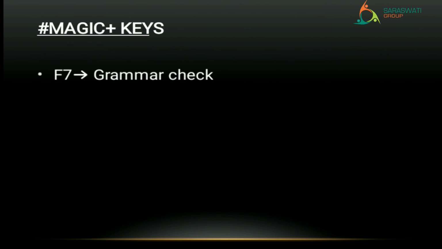Right, if you are writing one paragraph on your own, without looking at any book, chances are there that you may make grammar mistakes. So if you want to check whether you have made a mistake or not, what will you do? First you will select that whole paragraph, and then you will press F7. So wherever there is a mistake, it will appear, it will flash. Right, so F7 is the shortcut key for checking the grammar. Next key,